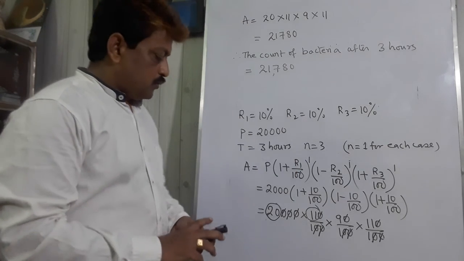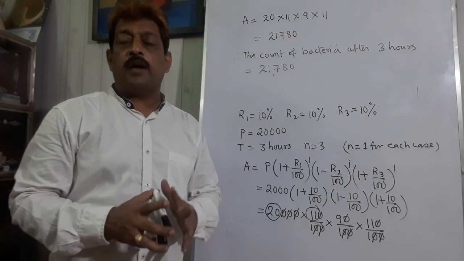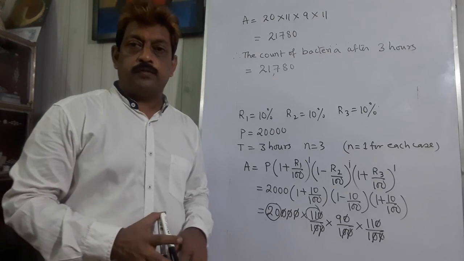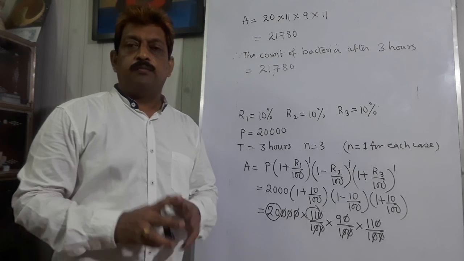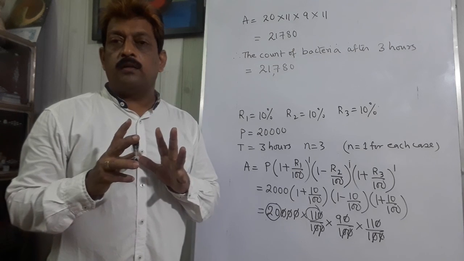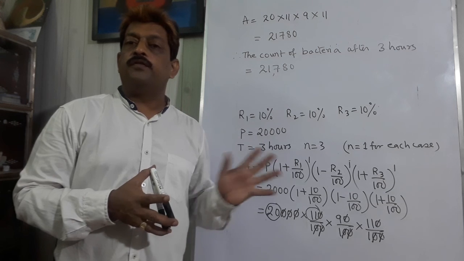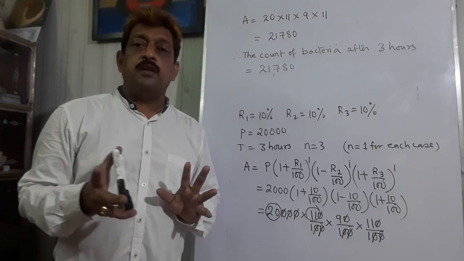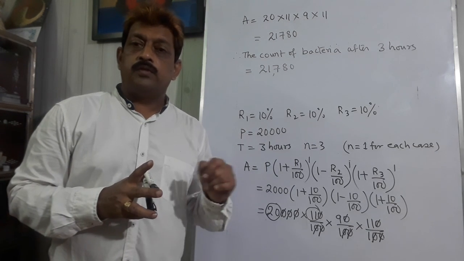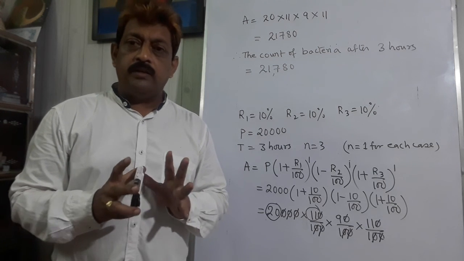Okay, so this type of sum, which is based on annual rate of interest or annual rate of growth, is finished. But you have to practice some more sums also. So many sums are there in the exercise. Practice a few more sums, make your concept clear, and build your knowledge in such a way that you can answer any sum of this type. In the next class, we are going to learn about the rate of interest which is calculated half yearly and quarterly. So meet in the next class.